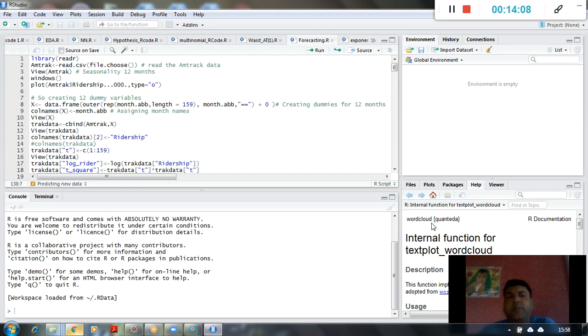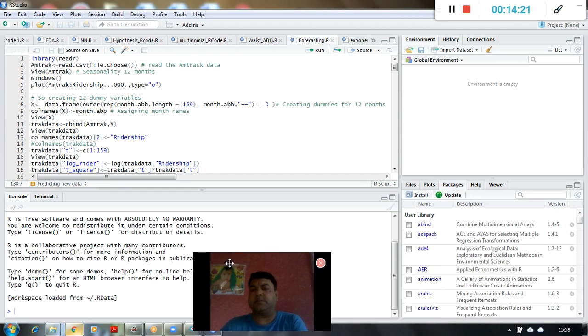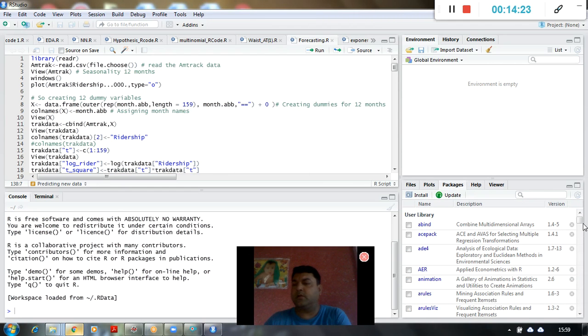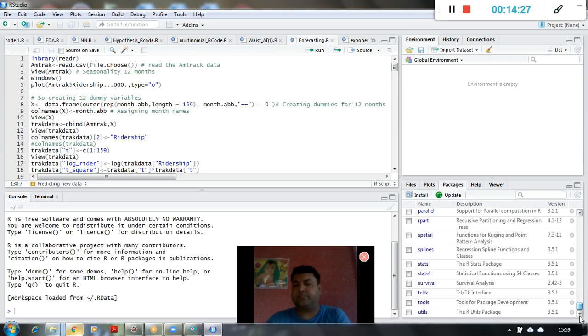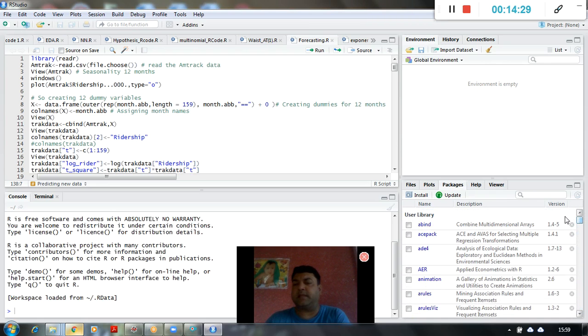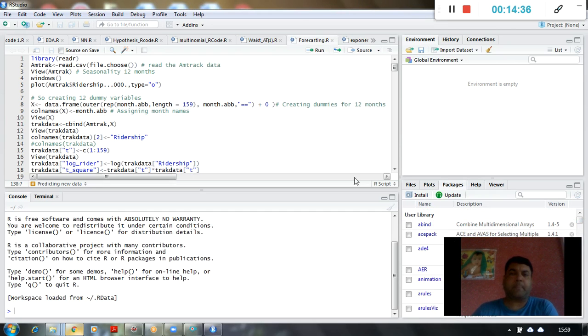So the entire documentation for any function, any package or any technical things will be available over here, right? And this is what the package tab is looking like. So these are all packages available right now in my system. So whenever I want to use any functionalities of this package, I simply click on them and they start functioning.